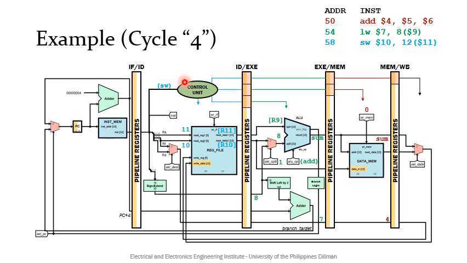At cycle 4, the store word instruction is decoded. Contents of RS, which is 11, and RT, which is 10, are both needed in the store word instruction. Destination register, however, is a don't care since we are writing at the data memory for store words. The immediate value 12 is also sign extended and passed to the ID/EXE pipeline register.